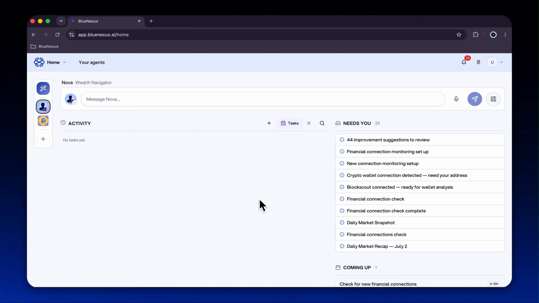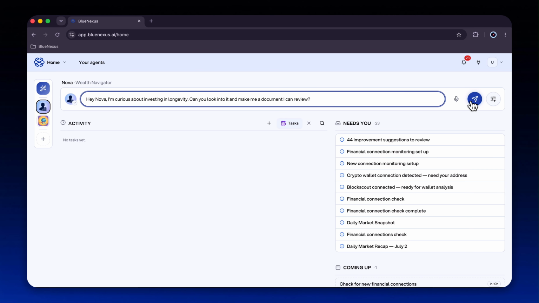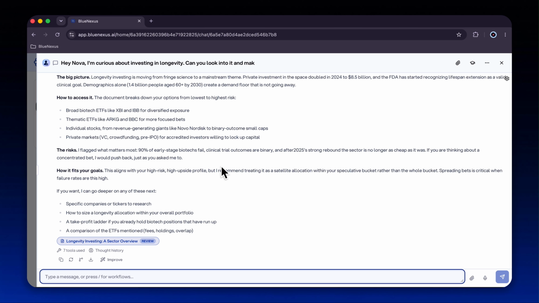In this video, we'll look at documents and how you actually work with them. This is where your agent does research or just explores an idea, pulls things together for a briefing, whatever you need. You could connect Fireflies, for example, and have it grab your latest calls to build out a to-do list. Since our agent's built around investing, I'll ask it to research a piece called The Longevity Shift, valuing the extension